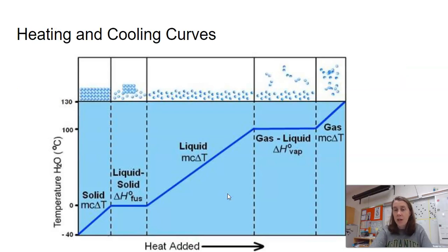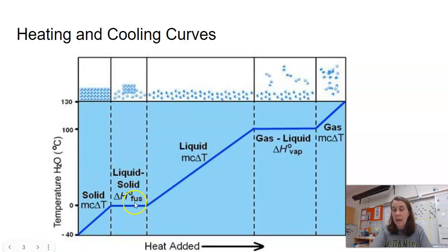The other thing I want to mention, we aren't going to have a whole lot of time to talk about delta H of fusion and vaporization. In the next video, I will talk about what delta H means, what enthalpy means. But the specific heat values that I just talked about are relevant when we're changing the temperature. A solid has a different specific heat than a liquid, which has a different specific heat than a gas. So even though it might be water all the way across, the specific heat in each case is going to be different. When we're adding heat, we can change the temperature when the phase stays the same,